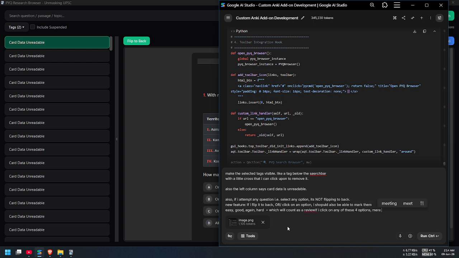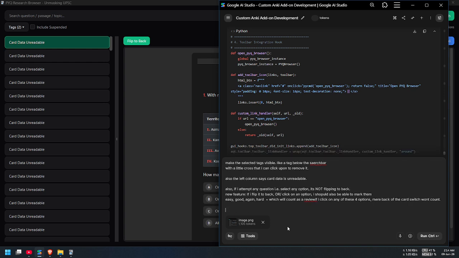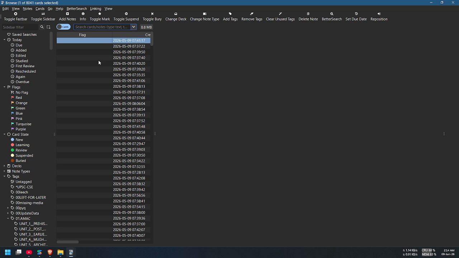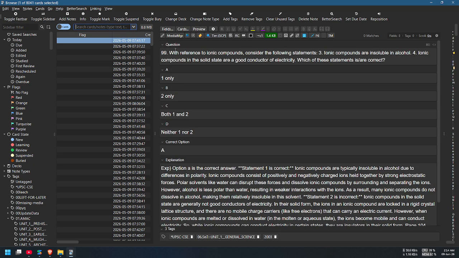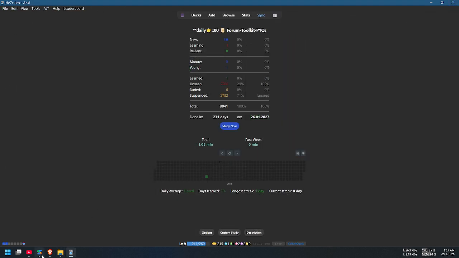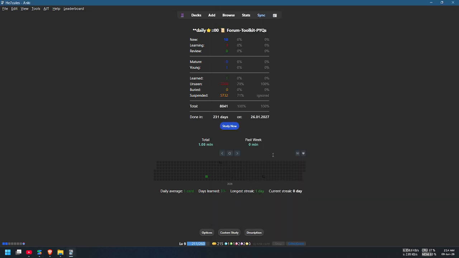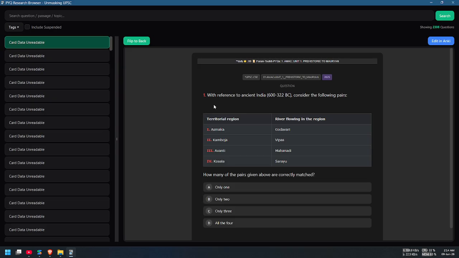Merely flipping to the back of the card won't count. The field that I want it to look for is this question field. Yeah, it is the question field. Screenshot is attached. What else can be changed is that if I click here,